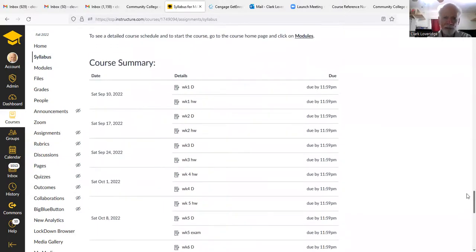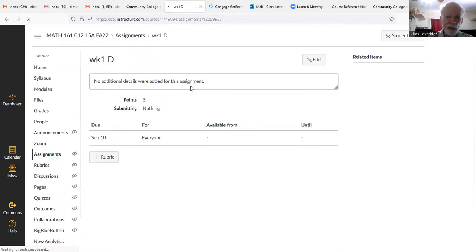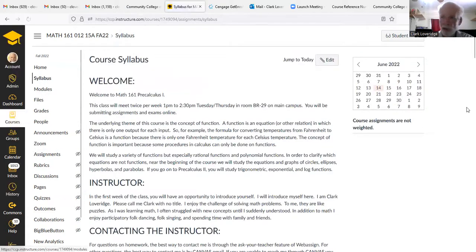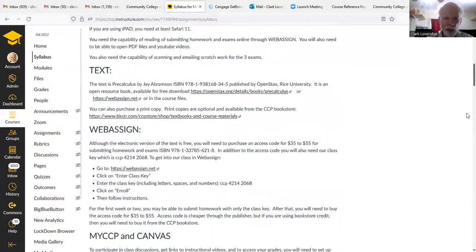This course summary, this information is in the modules. These links don't really go anywhere. The discussions, you submit those directly from the modules. The homeworks you do from WebAssign. Canvas automatically puts these in, but you can click on them and there's an empty assignment. That's not how you submit the discussions; those are from the modules. But anyway, Canvas sort of puts that in. Sometimes it causes some confusion, but